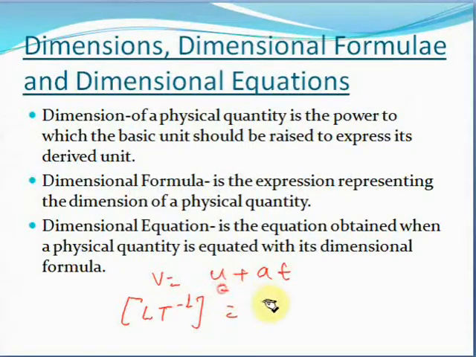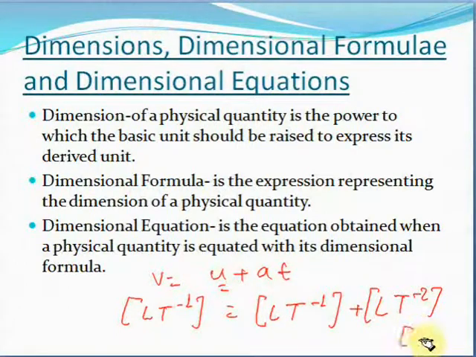This will be equal to u, which is again velocity, L into t to the power minus 1, plus acceleration, which is meter per second square, that is L into t to the power minus 2, into time. So the second part will again become L into